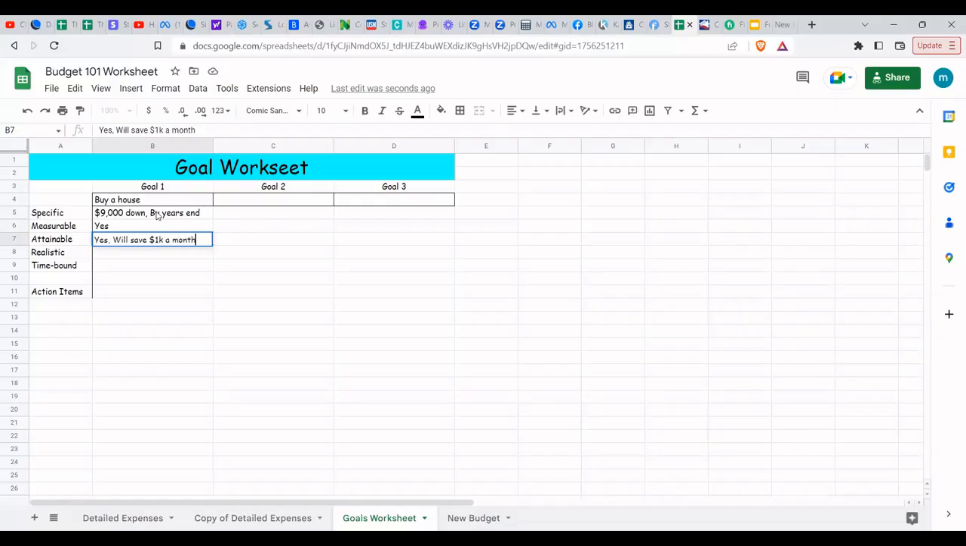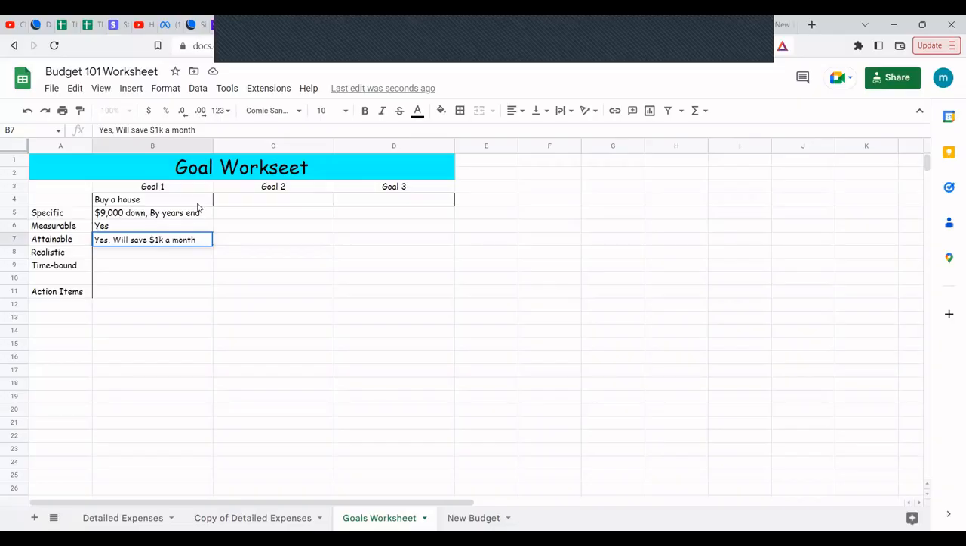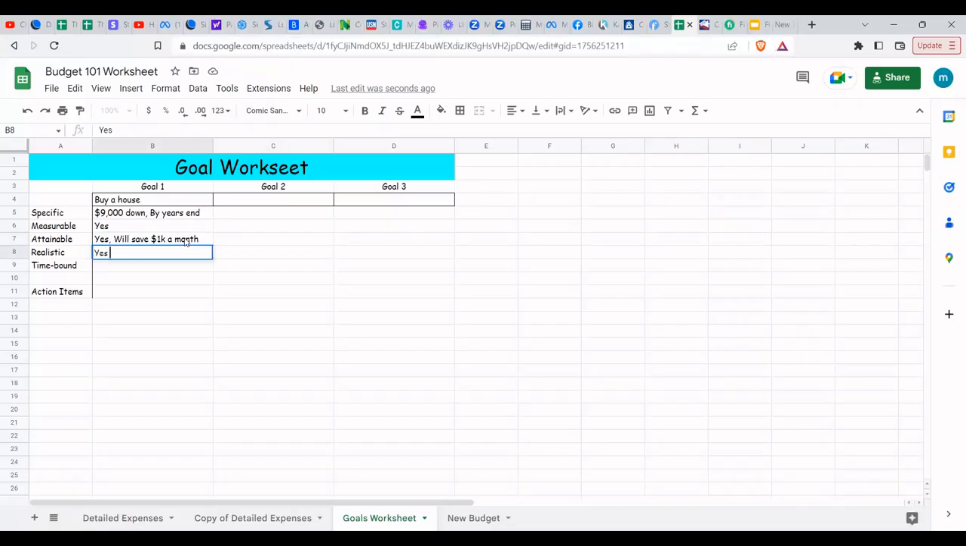Depending on how your financial situation is, you would answer it according to that. So if you can save $1,000 a month, then yes, the goal for getting $9,000 down by year end, that's 12 months, you'll be able to get that within a year. So yes, that's realistic. And then once again, answer that question. So is it realistic? Yes,